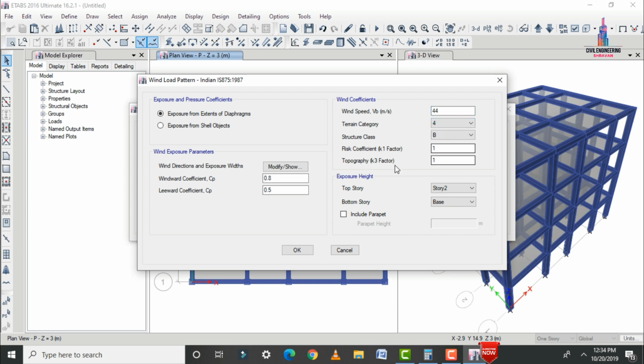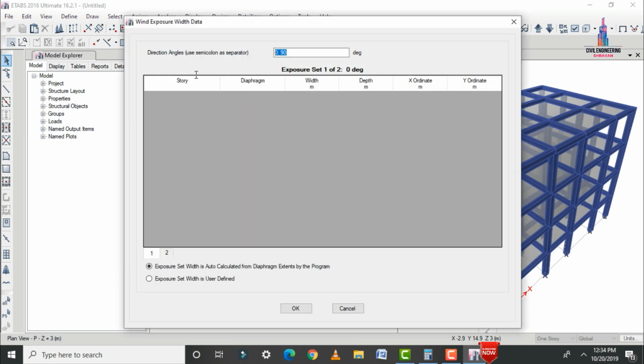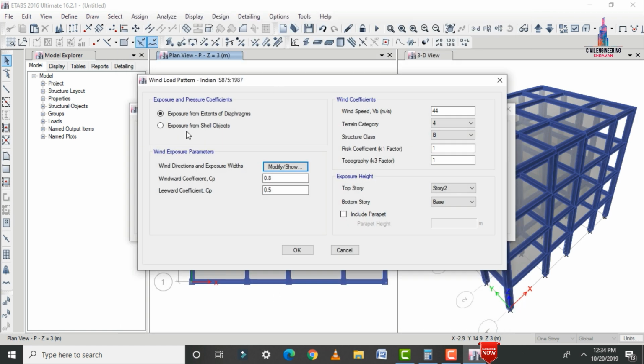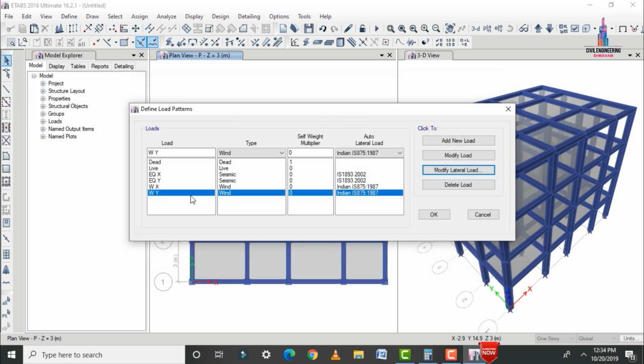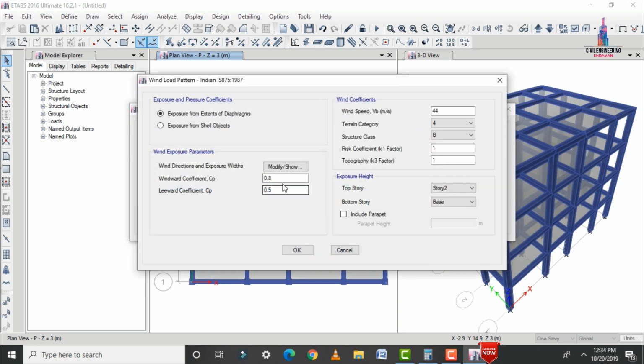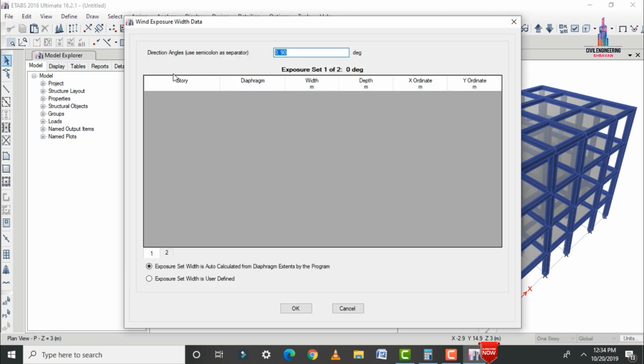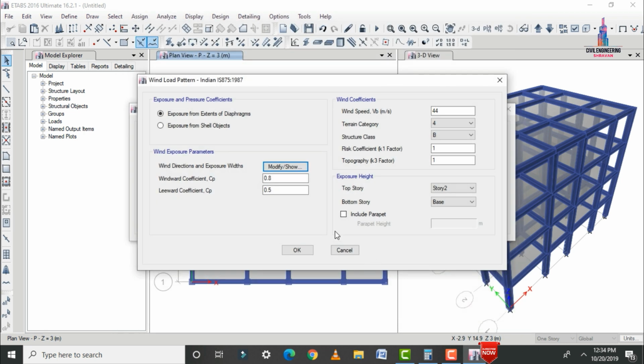4, and you have to enter the respective exposure value direction. So modify here, and you have to enter the angle as 90 degrees. Why? Because the X-axis is always perpendicular to the Y-axis. Click on OK. Again I am selecting the other one. I will modify this angle to 0 degrees here. Click on OK.